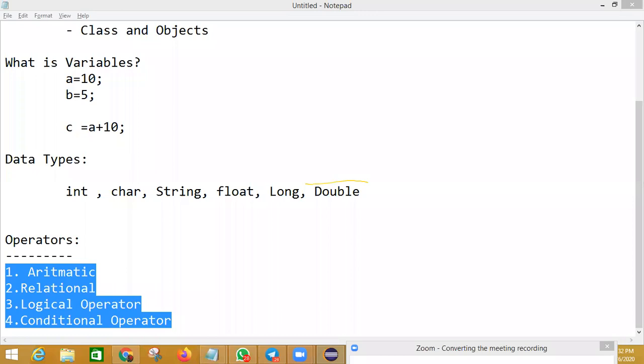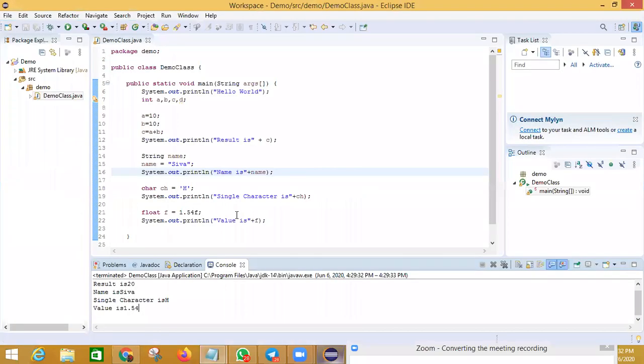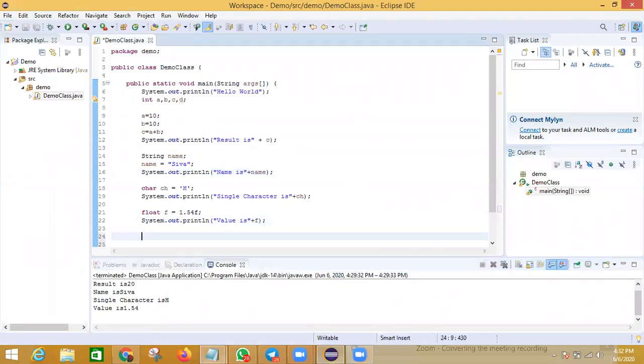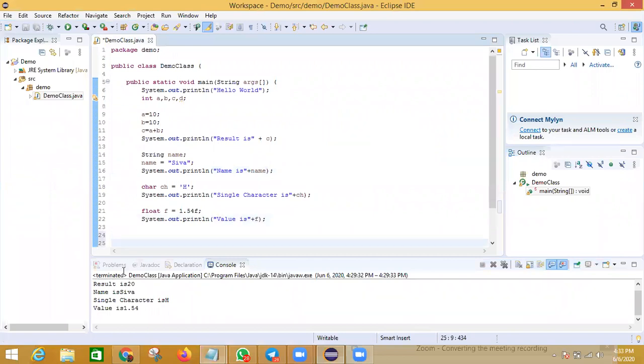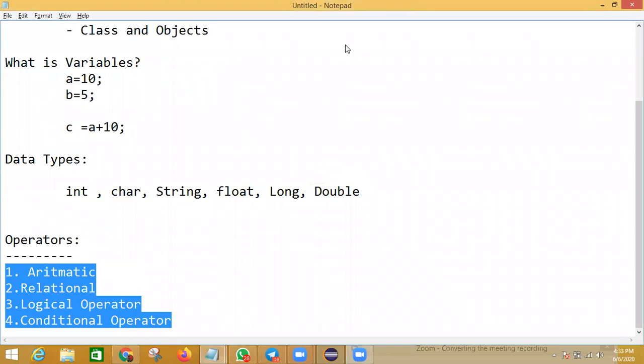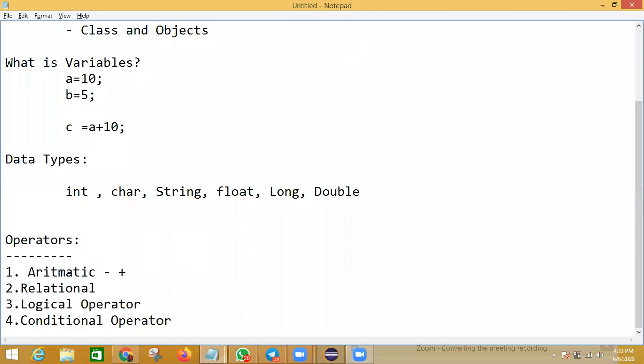Okay, let us continue again. These are the operators we are going to see today. So, what are the arithmetic operators? These are very basic ones. You are doing it already, but still I want to show it here. Addition, subtraction, multiplication, division, and the modulus operator. So these are some basic operators.